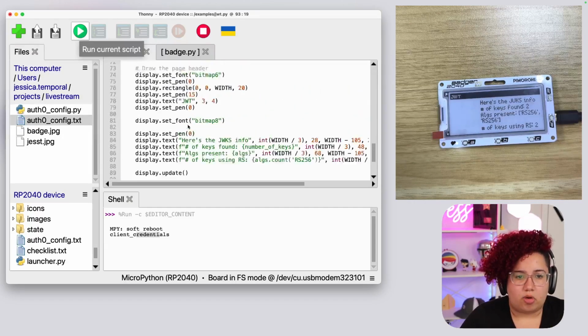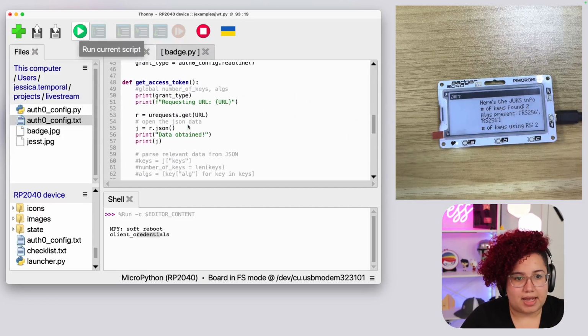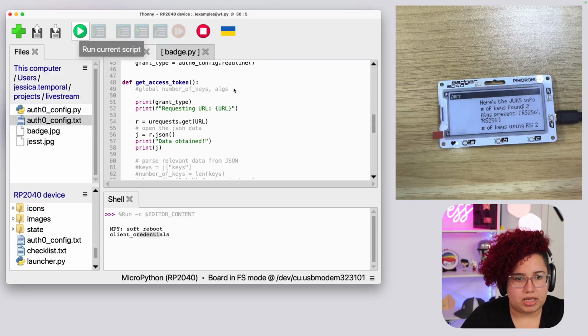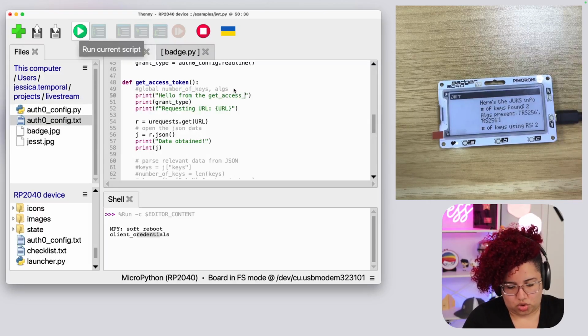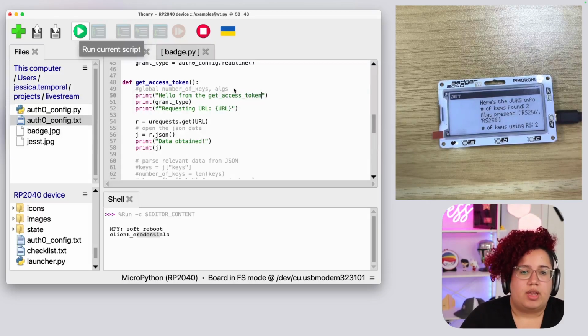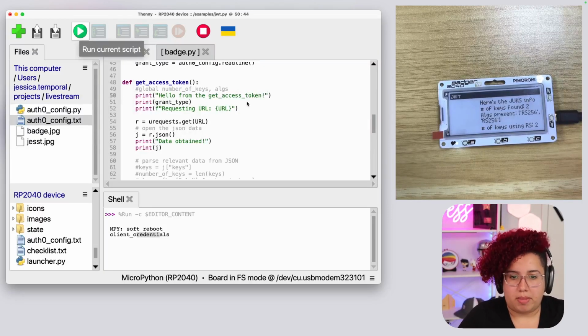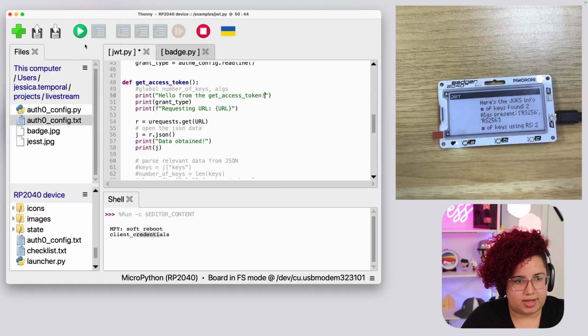And I'm going to also put a print message inside of the beginning here saying, Hello from the get access token, exclamation point, because I'm very excited for this to run.